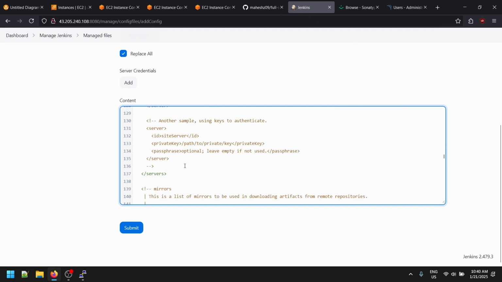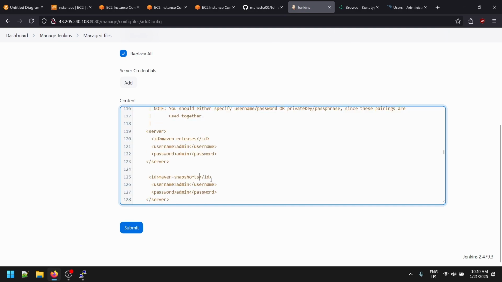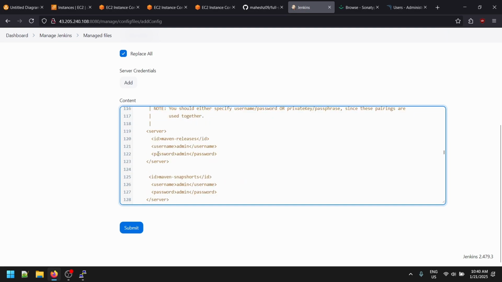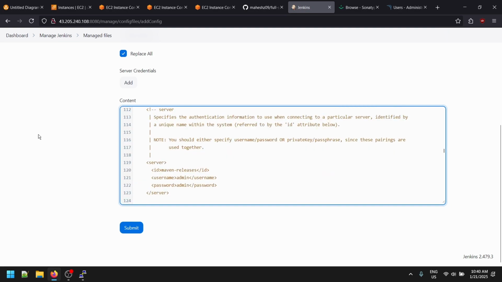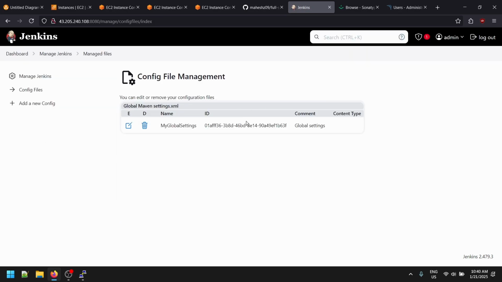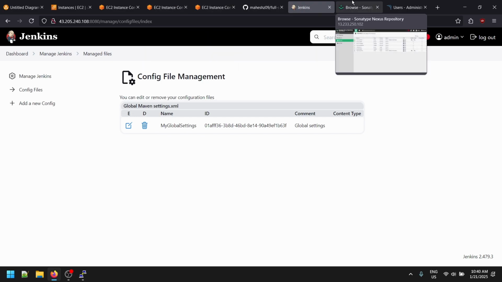So we have added the Maven ID and the snapshots. Just remove this comment again, this is commented out. So we have added the Maven release and the Maven snapshots in here. Just click on save. After we save, in the deployment policies, in the Maven settings,